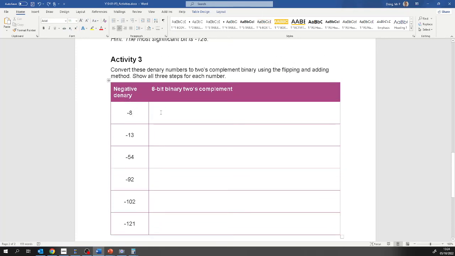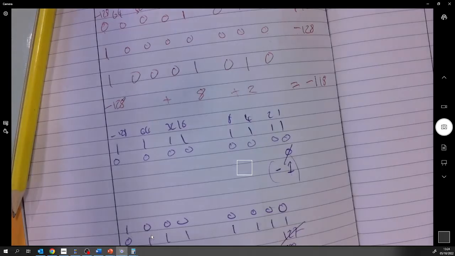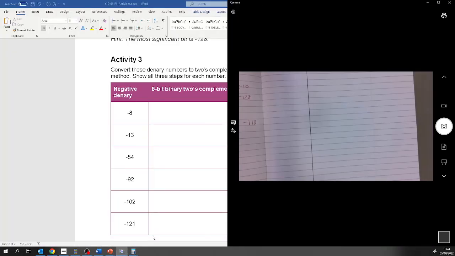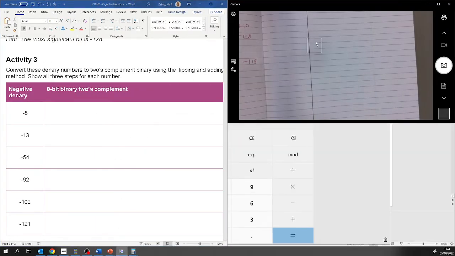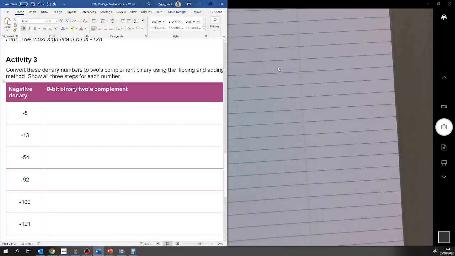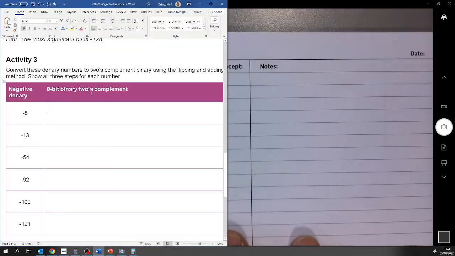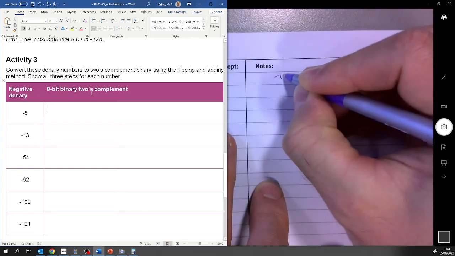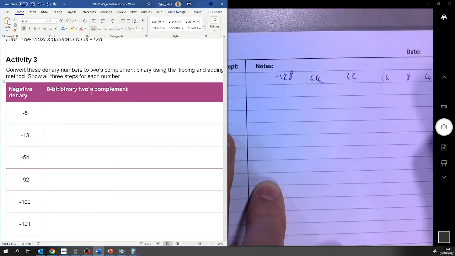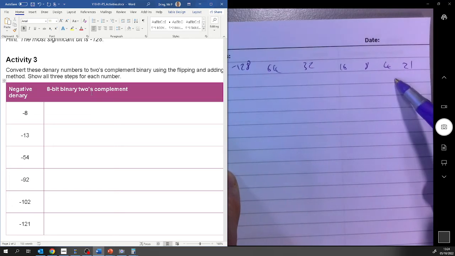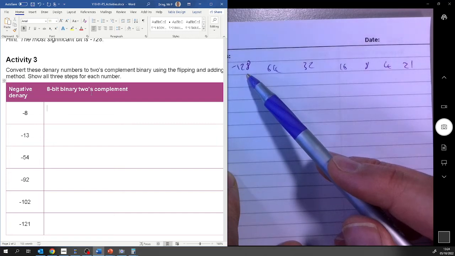You could do this using the long method that we did before. Remember you had, let's use the camera to talk about this. In fact, it's probably easier if this is maximized, but we can still see part of it. So you could, if you wanted, remember that you've got minus 128, 64, 32, 16, 8, 4, 2, and 1, and try and work out what combination of these gives you minus 8. We know we're going to need a minus 128 and work out what we need out of all of these,